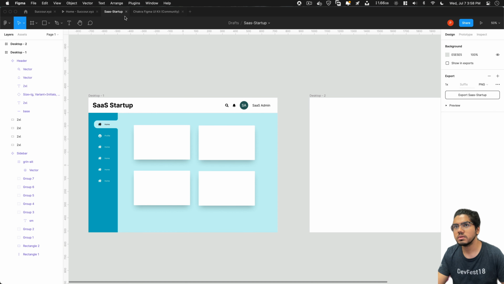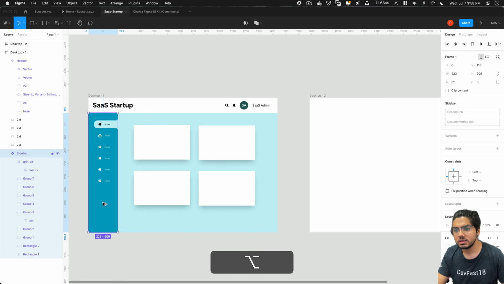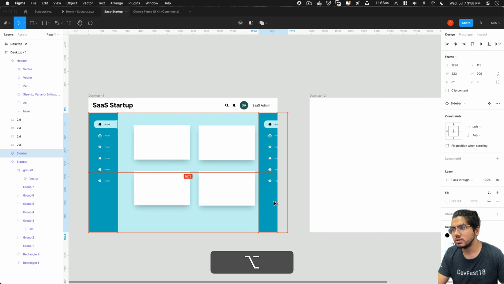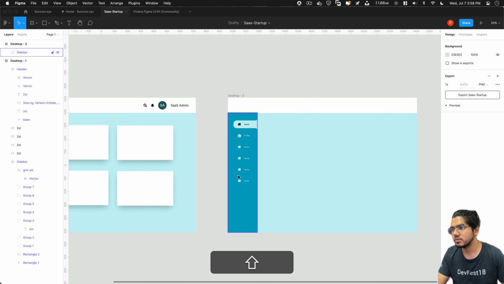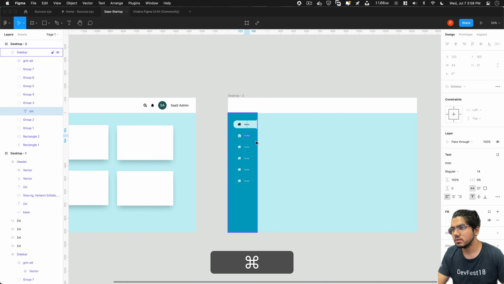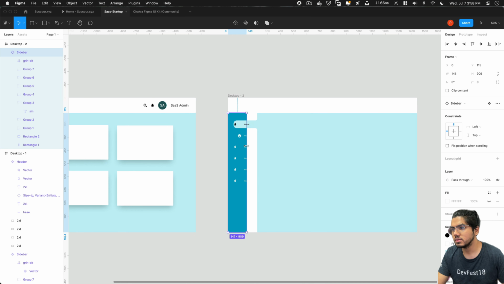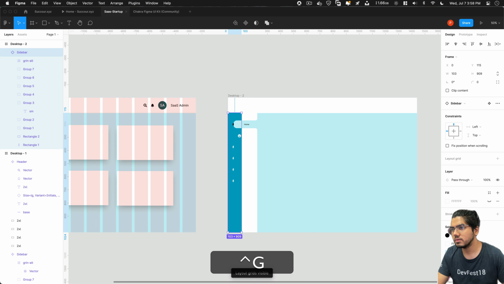You have to click on R to get a similar rectangle, or you can do one thing again. Let's use a shortcut. Let's click on Alt and copy the same here. Okay, so we got it. Now we want it to be smaller, of one grid.